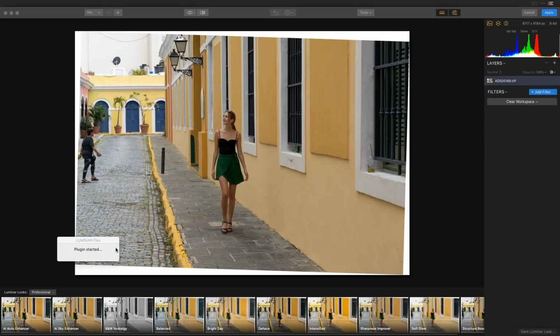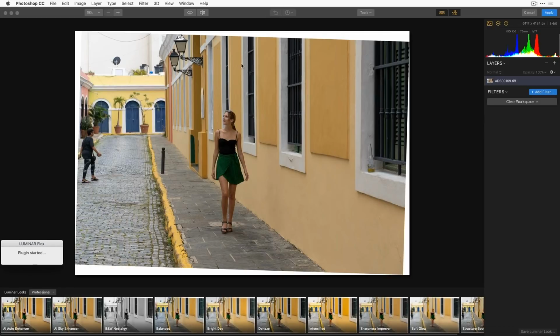And so I have this, it's straightened, it's showing me the image without the crop so I can see everything. So that's kind of nice. And when I go back, it will be fully cropped again. And I could simply